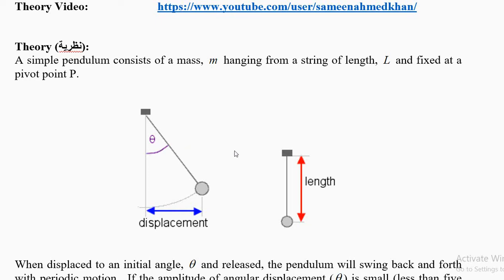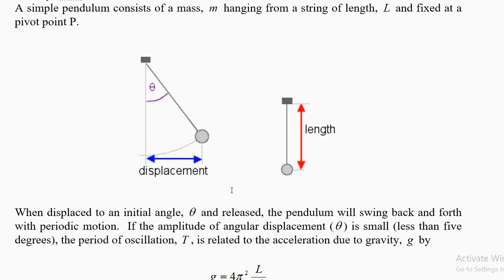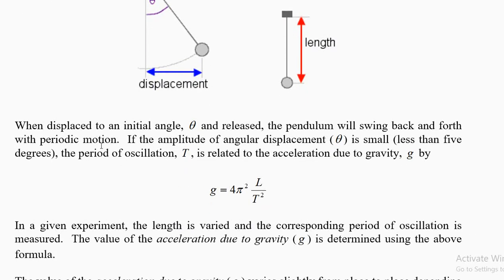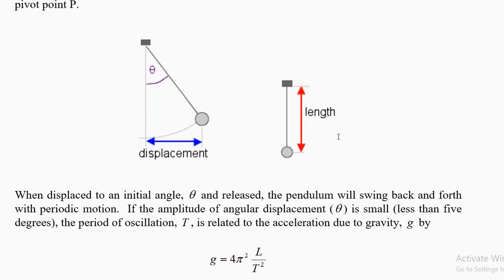The angle is also less important if you are careful. What do I mean by careful? See, in the figure you have a very big angle. Do not take a big angle, take it about 4 or 5 degrees up to this point and then release the pendulum. If the angle is small, the angular displacement is small, then the acceleration due to gravity will be 4 pi square L by T square, where L is the length of the pendulum in meters and T is the time in seconds, and pi is from your geometry 3.1415.